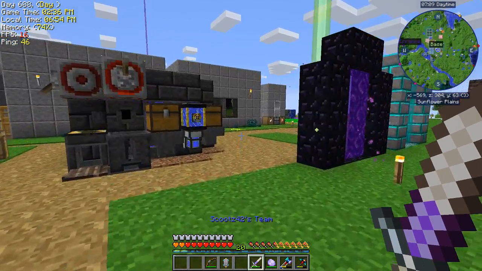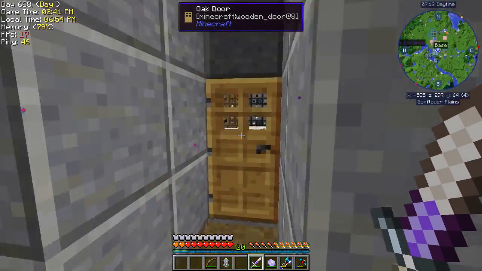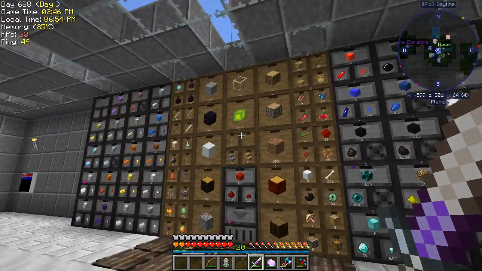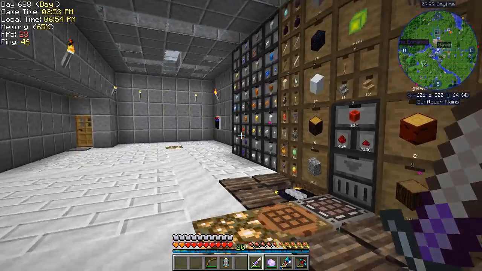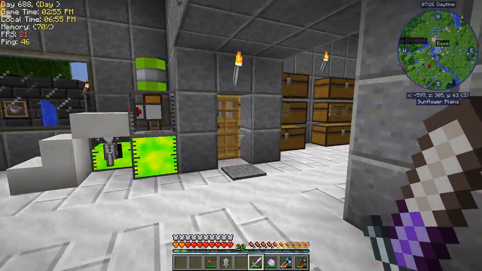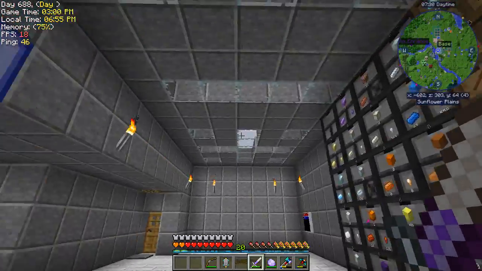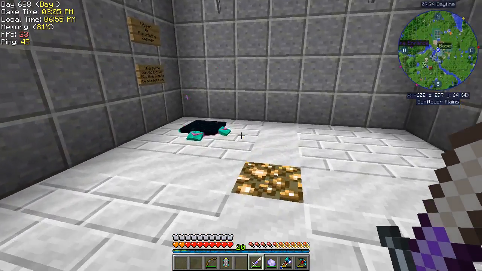And before we get too crazy with the storage, I do plan on, we're going to be moving most of this stuff. We'll have a little bit of storage over here for convenience sake. That's basically what this over here is for. But I don't know exactly what we're going to end up doing with this once it's all done. But anyway,